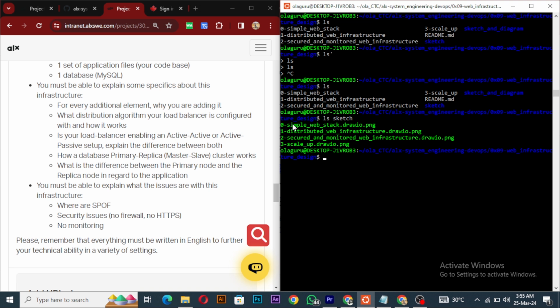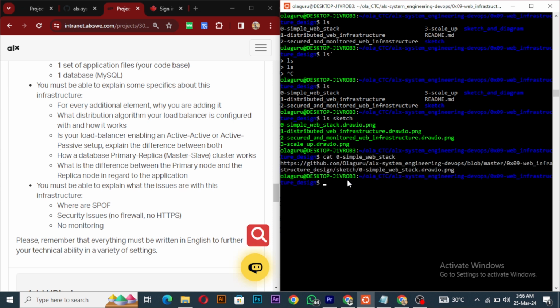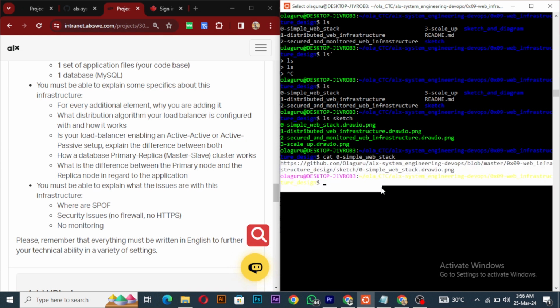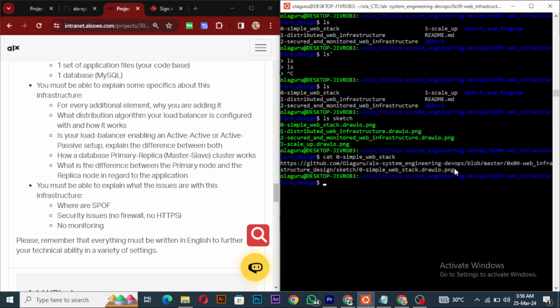So what I do next is the GitHub. I use SFTP to connect and post it to GitHub. You could also do that without SFTP, because if you are using Ubuntu, you'll be able to access your desktop files on it, and then you push it to GitHub, get the link from GitHub and post it. So for this zero, the link on GitHub is pasted in this file, as you can see. So all I need to do is copy this one as well,